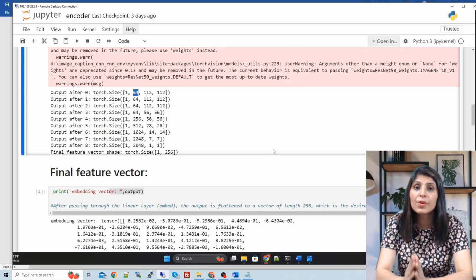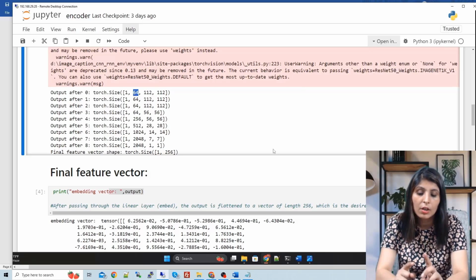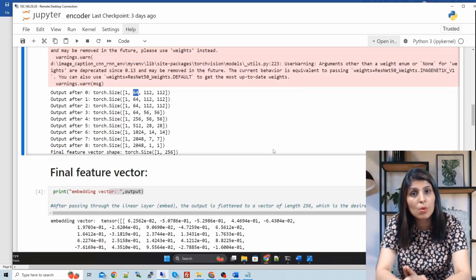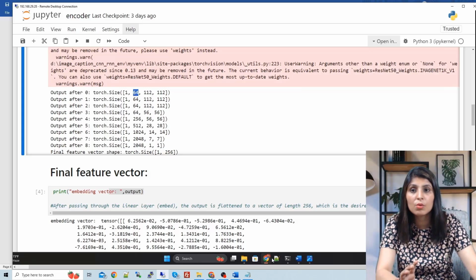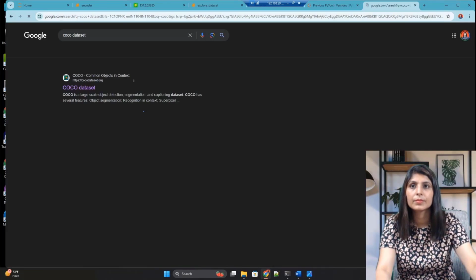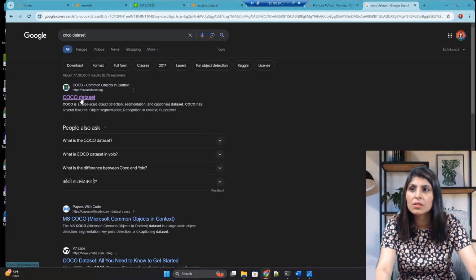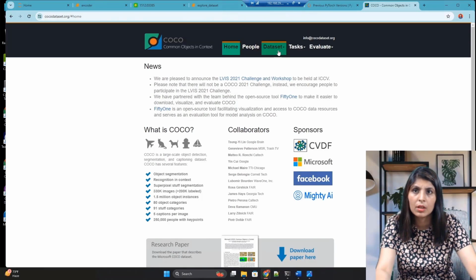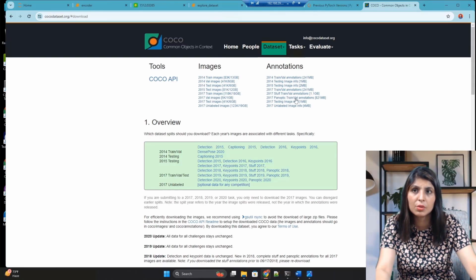So guys, before moving to the decoder part, it's important to understand the dataset also. So let's see the dataset first, and then we'll move to the decoder part. The dataset I'm using for today's class is the COCO dataset. Let's open the COCO dataset. Open this first link, and under this dataset, go to download, and you'll be redirected to this page.